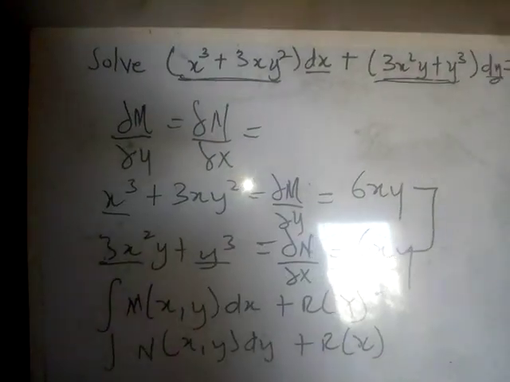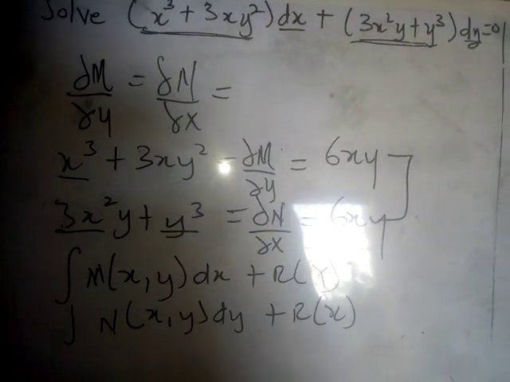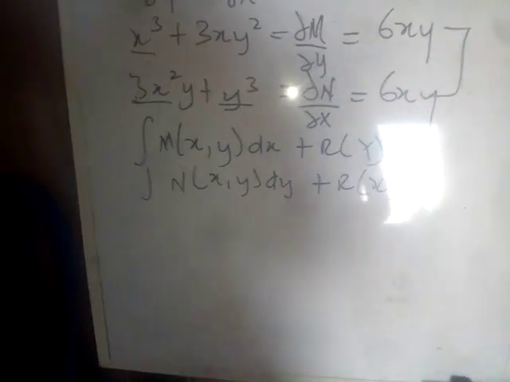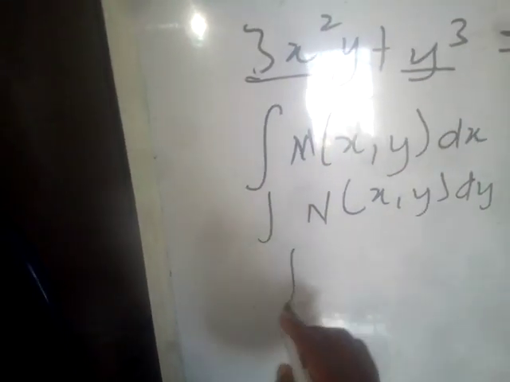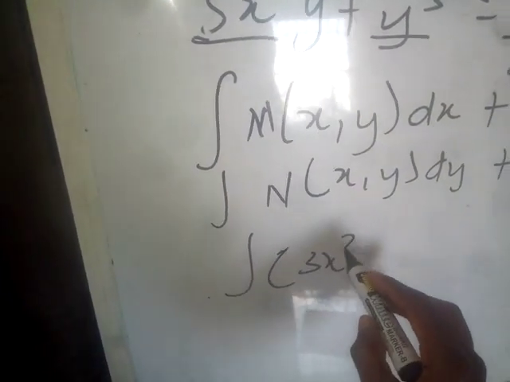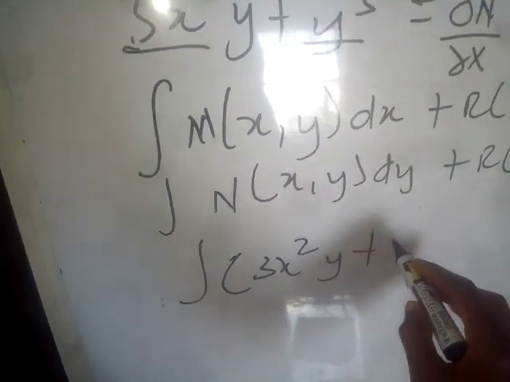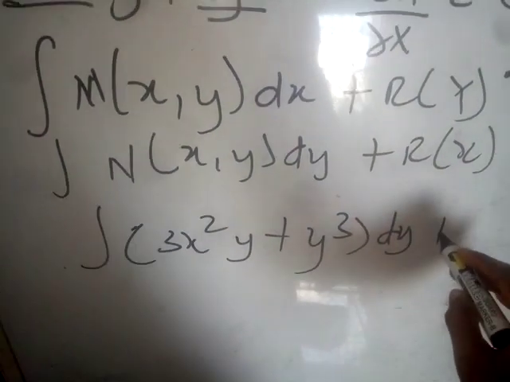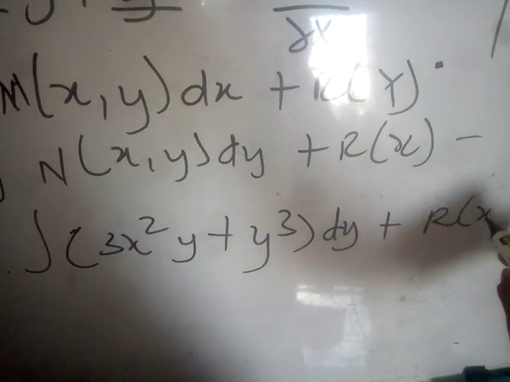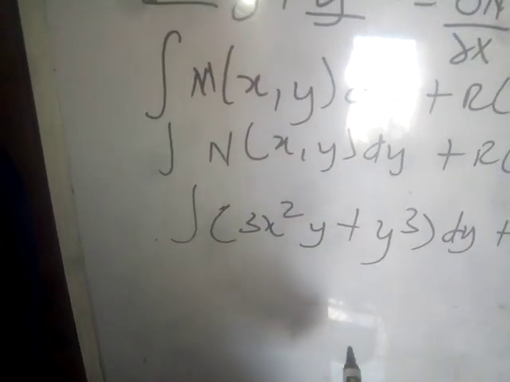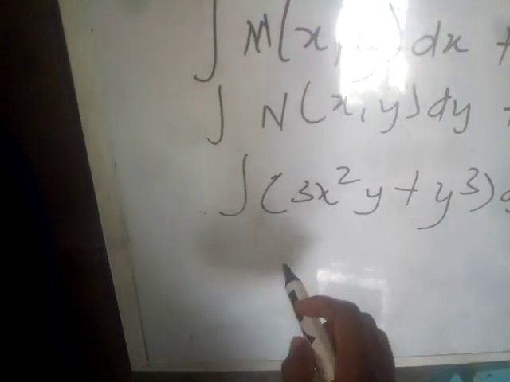This time around, I want us to use the second approach, which is inserting the end part. So in an attempt to insert the end part, you have the integral of 3x squared y plus y cubed dy plus r of x. So integrate with respect to y, right? That being the case, we will have